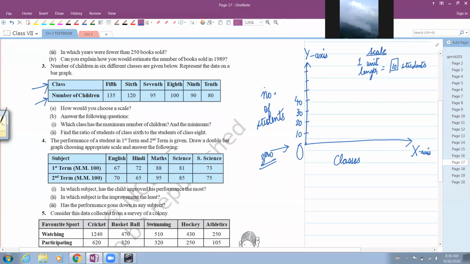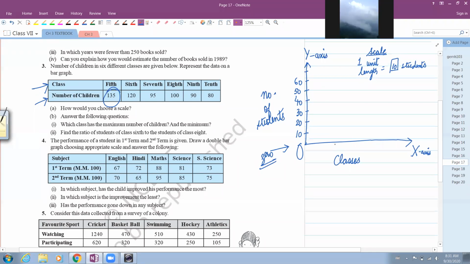But the larger value you take in your scale, the more difficult it sometimes becomes to approximate. Like 100 and 80 do not come in the table of 15, so you may find it a little difficult to locate them. So be a little careful about that. You can try with that also. So this is how we are going to do, and we will have to go up to which number? Can you tell me? Largest value is 135. So I will have to go up to 140. These numbers will be covered up to 140, right?